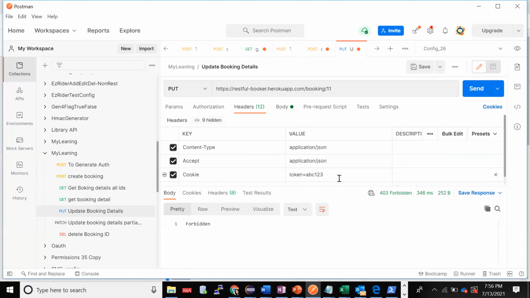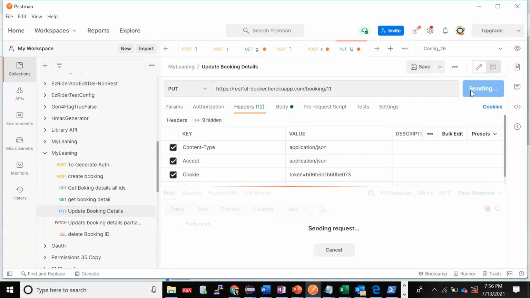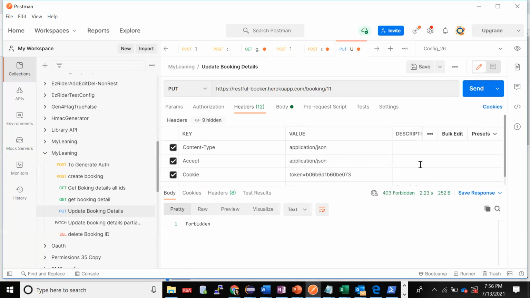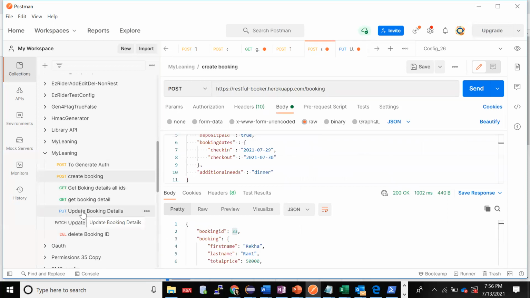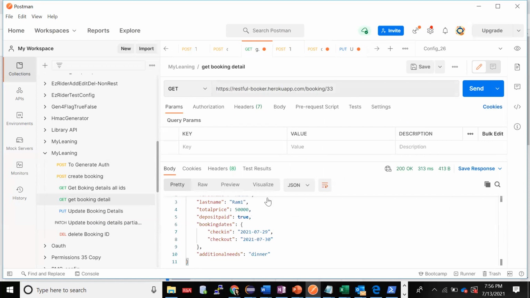Okay, I think the URI is not working, but this is how it works. If you provide this, just a second, once again. Okay, I'll have to provide the booking ID, right? My booking ID was 33. This authorization holds good for one booking ID. With the help of that, I booked one ID, right? That was 33, and I have fetched that and I'm also able to fetch it properly.